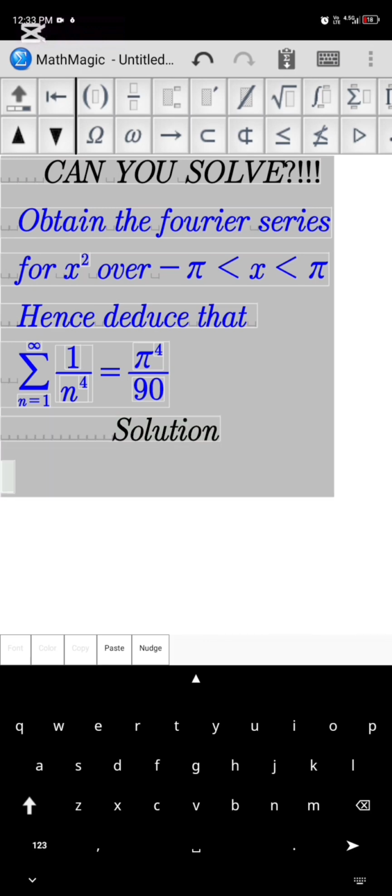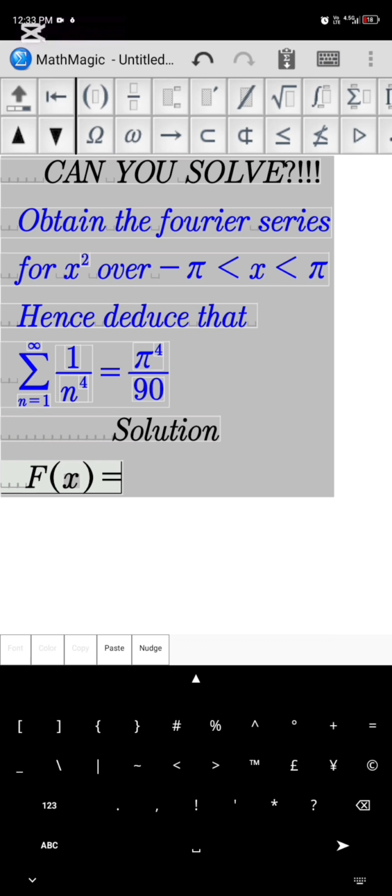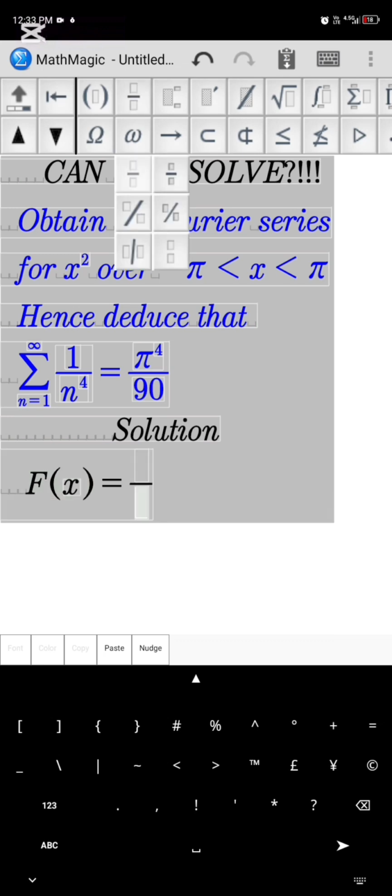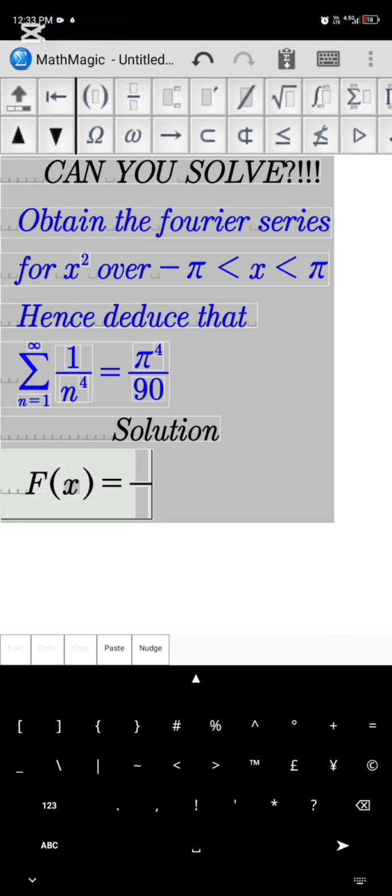Now if we want to solve this question, we firstly want to obtain or derive the Fourier series for the given function, which is x squared over the given interval from minus pi to pi. So the first thing I'm going to do is to write down the formula for the Fourier series. So we have f of x is equal to